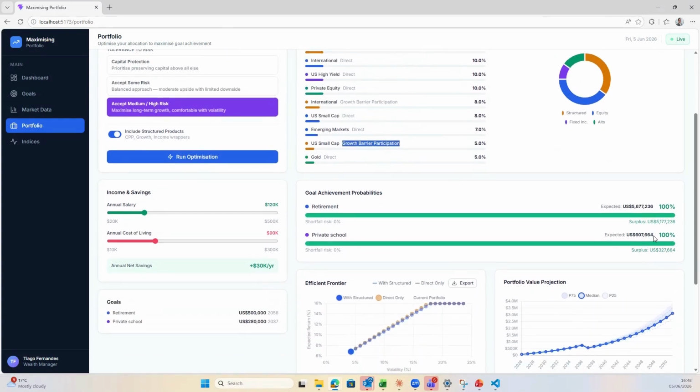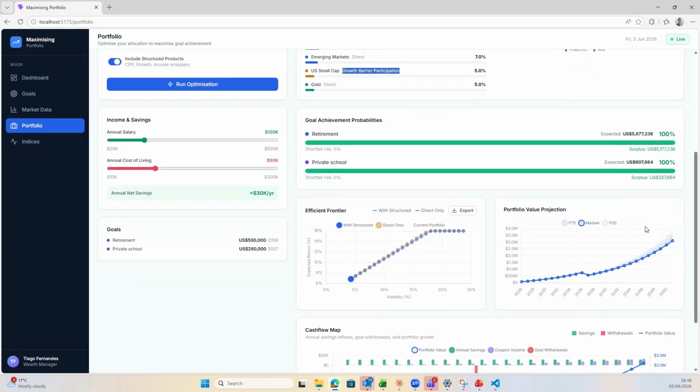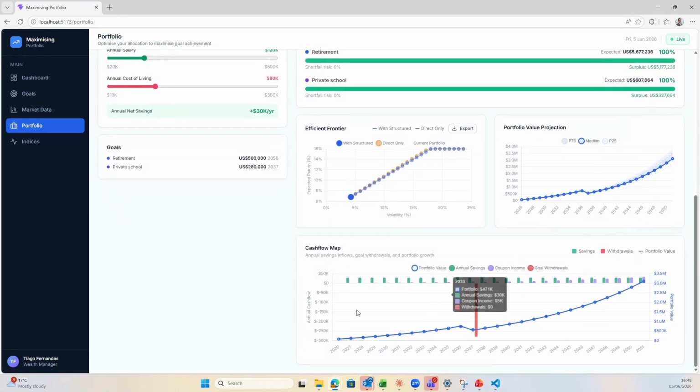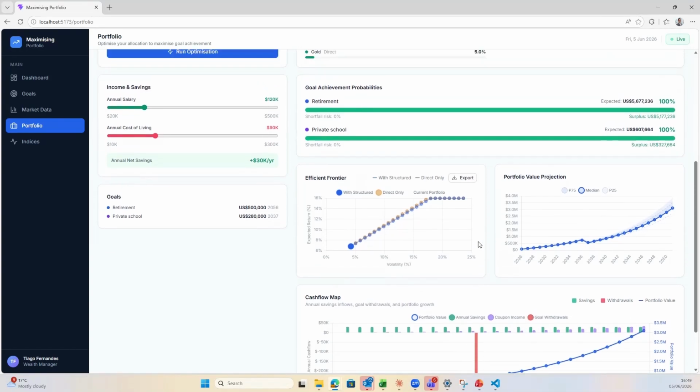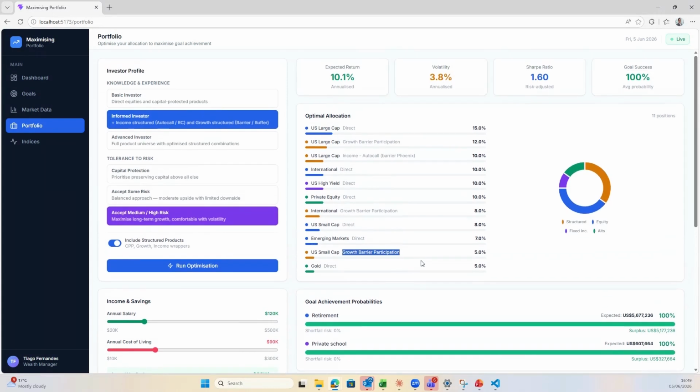And it tells you that you will succeed in your objectives. Hopefully. Okay, grand. And again, this shows you your cash flows, how you're going to do. So again, we basically put in this withdrawal, which is the savings, and you can see here how you get there. And again, this shows you the expected return, expected volatility, and let's do it without structured